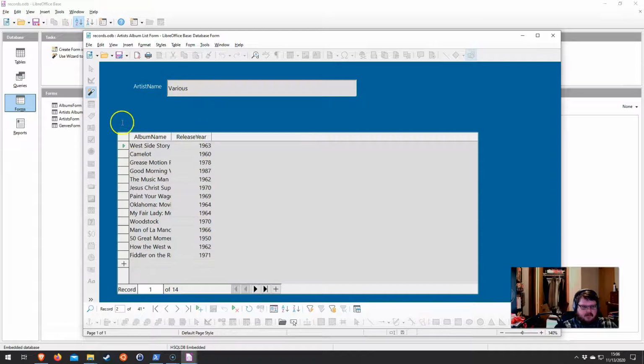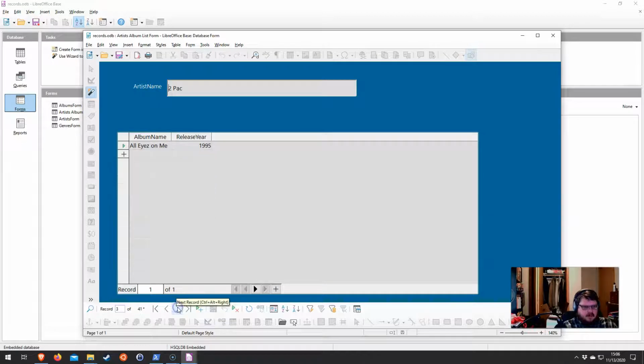So if I go to this next one, it pops up with all of the ones that are listed as by various artists. Here's Tupac, All Eyes on Me. If I go down to, say, Weather Report, it has 2 albums. I think those are my brother's. Actually, I think one of those is mine. Yeah, so let's see,